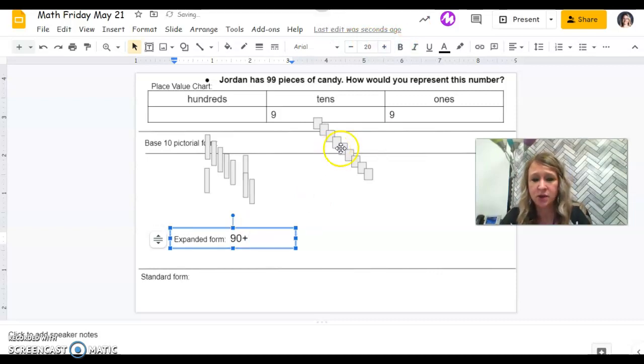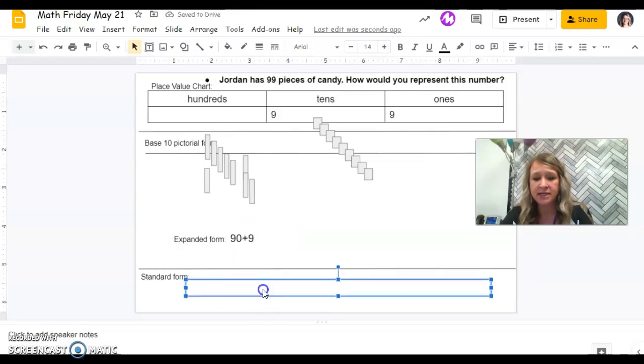Plus, how many units do I have? How many ones? 1, 2, 3, 4, 5, 6, 7, 8, 9. So 9 units is worth 9 ones. And the number 99 in standard form is